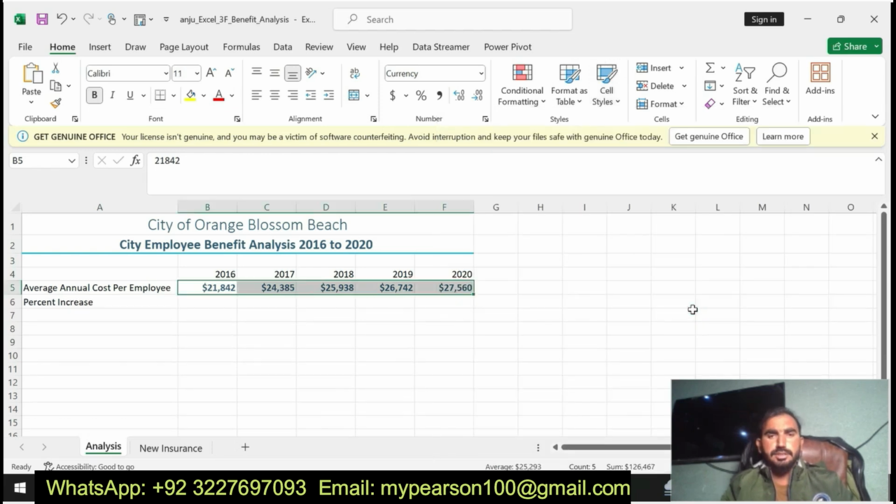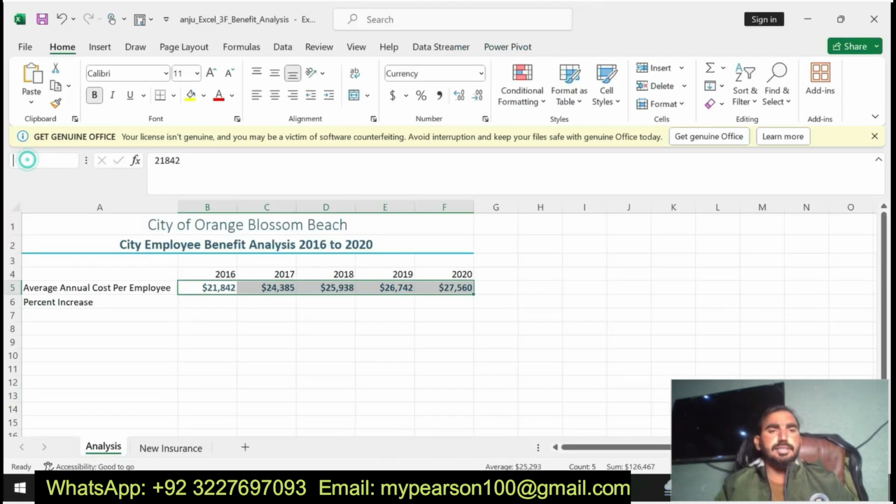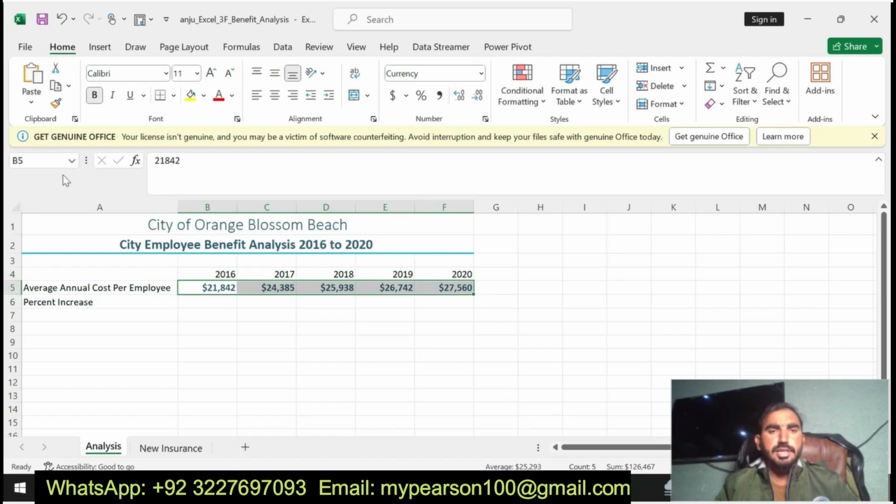Now I am doing for the ranges. Here I am going to change the cell style to heading 4. Here I change the cell style. Now I am going to copy, paste into the formula bar. You can see here autofit the column as necessary. I am doing step number 6 by changing the cell style, applying it to different ranges, A5 to